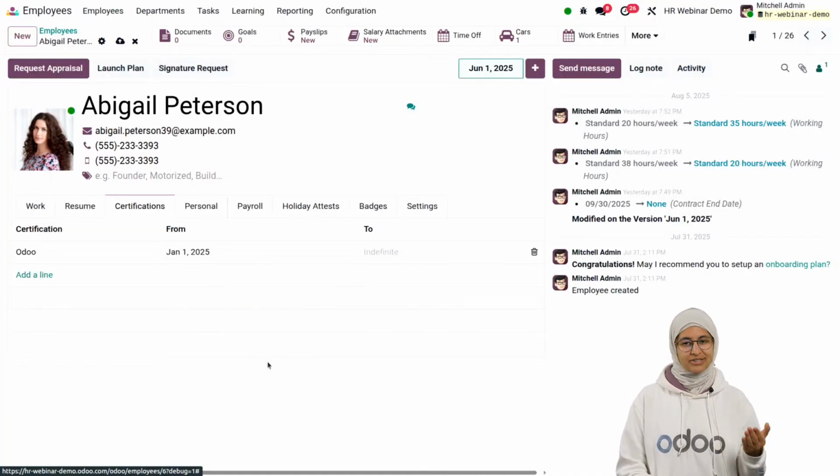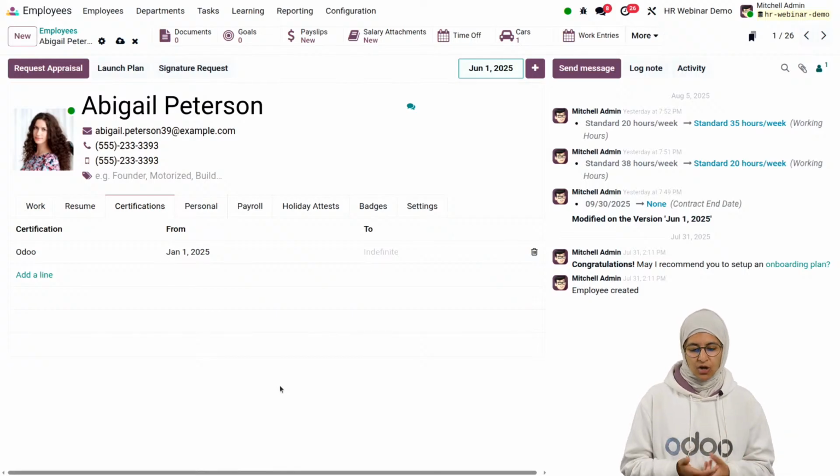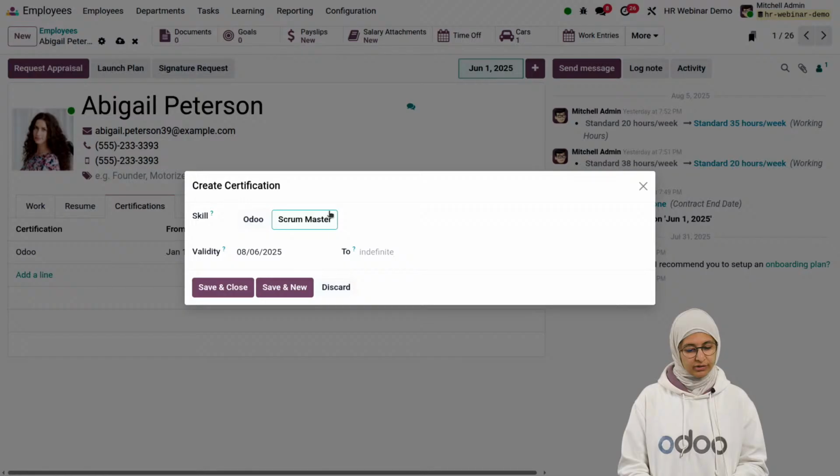Now, we know, of course, some certifications have an end date and others don't. So this all really depends on how you set it up and how you add it to the employee as well. So Abigail is certified in Odoo, and that certification does not expire,